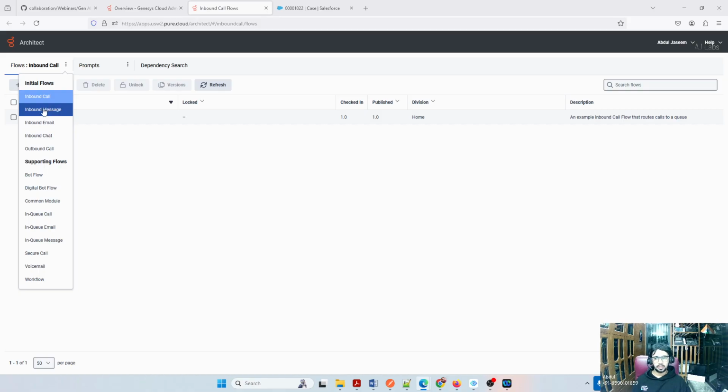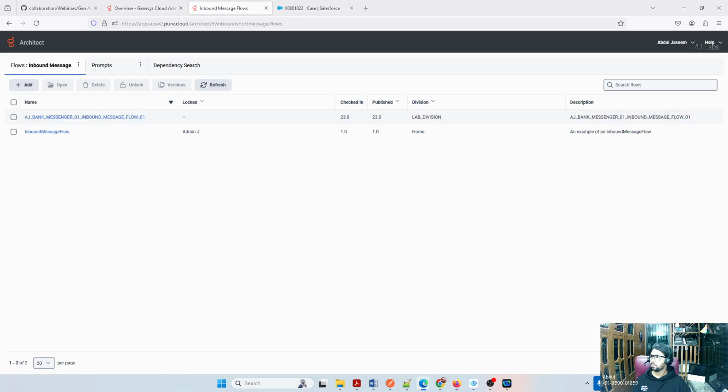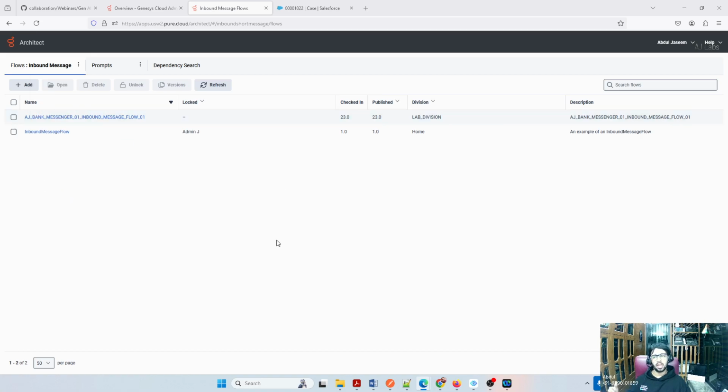Inbound message is nothing but, AJ, for example, for WhatsApp, Genesys can be integrated with WhatsApp, yes, right? So that will fall under what? Will it fall under chat or under message? It is in the message flow itself, inbound message. So this is customizable. You can build this in. I will come to that point. I will discuss what other options there are where you can integrate. Okay.